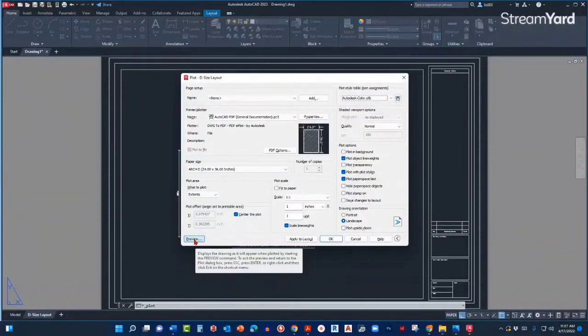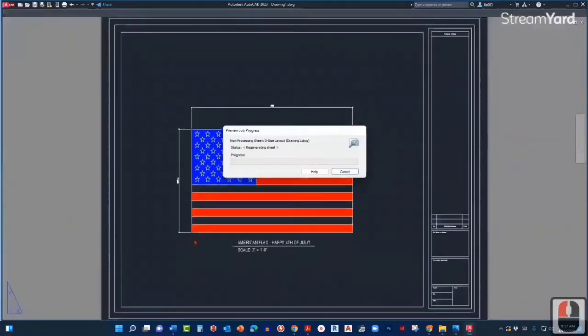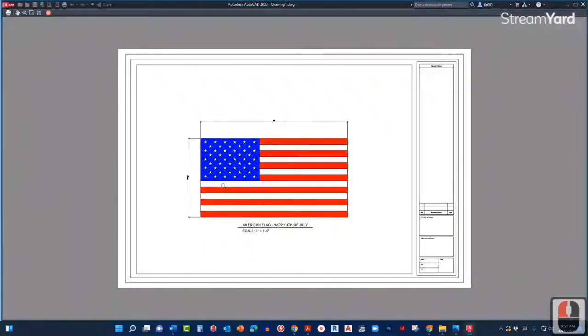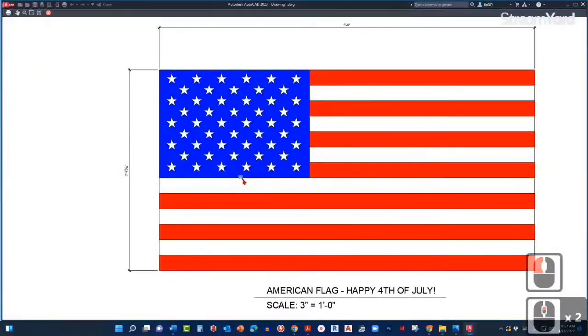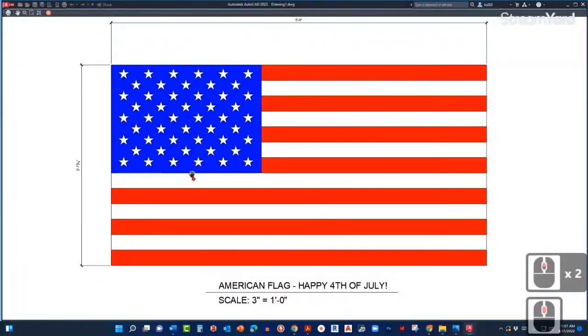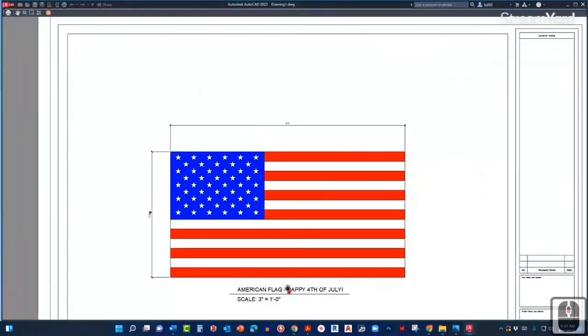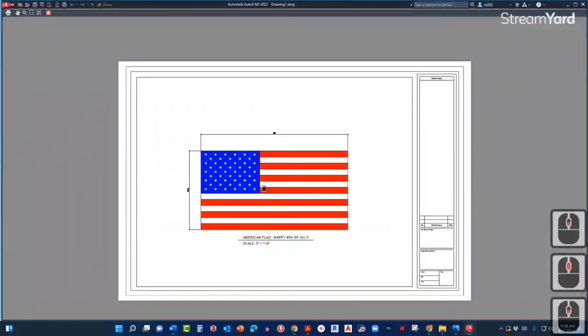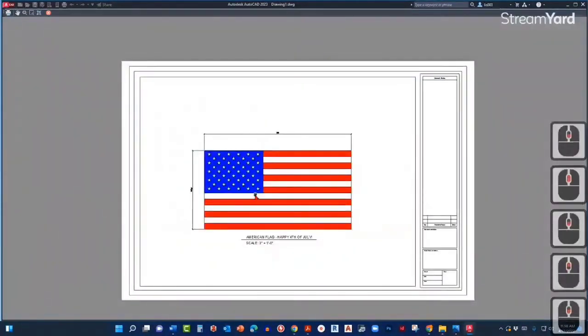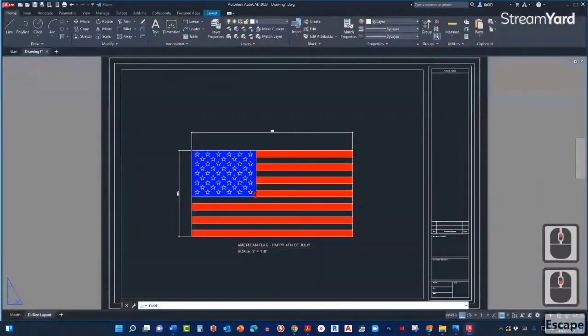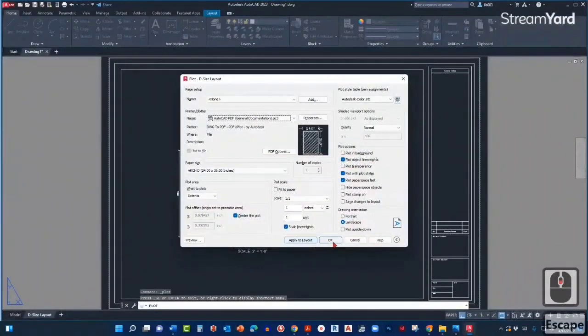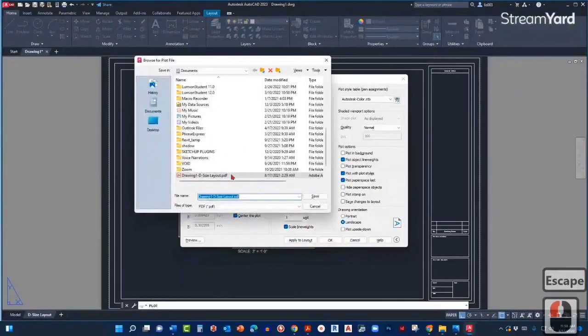You can click preview. And as you can see, you have one of your first drawings, in this case, the American flag at a scale of 3 inches equals a foot. If this looks right like this, you can press escape and then simply click OK to save